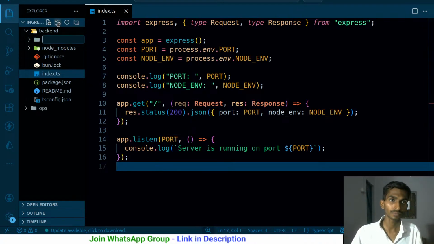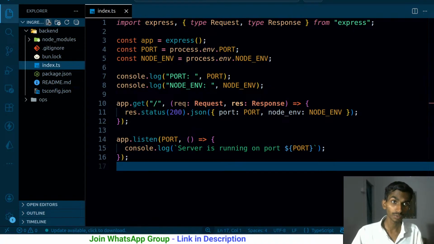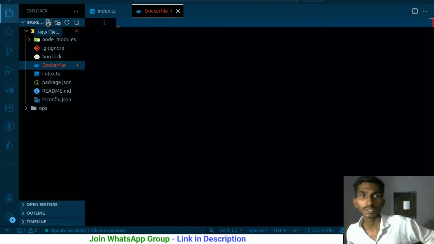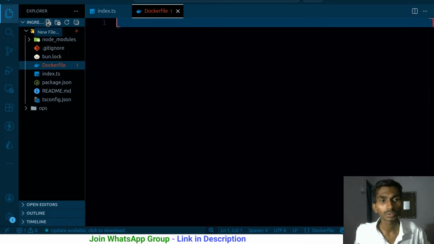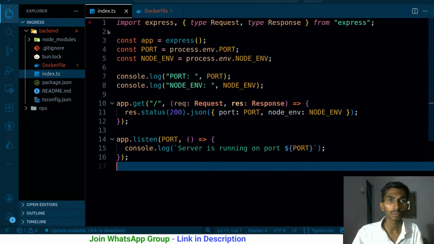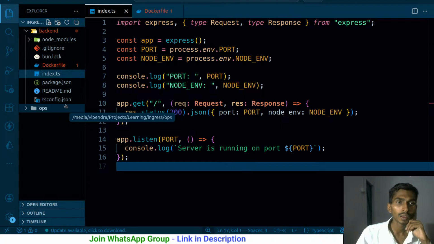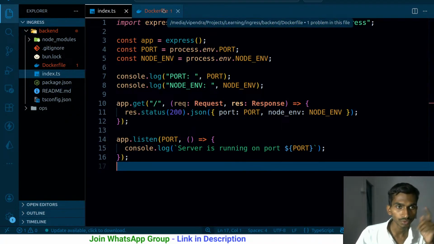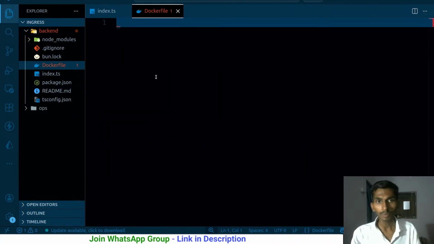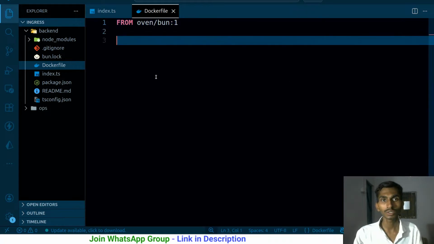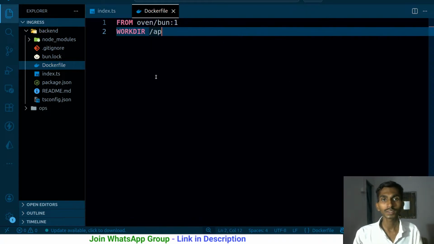Let's create a Dockerfile to just simply create the image out of this. The image can be created in one stage only, so no need to create it in two stages. So what will I be doing? I want a bun image, so FROM oven/bun:1 I have the image, WORKDIR that's gonna be /app, and